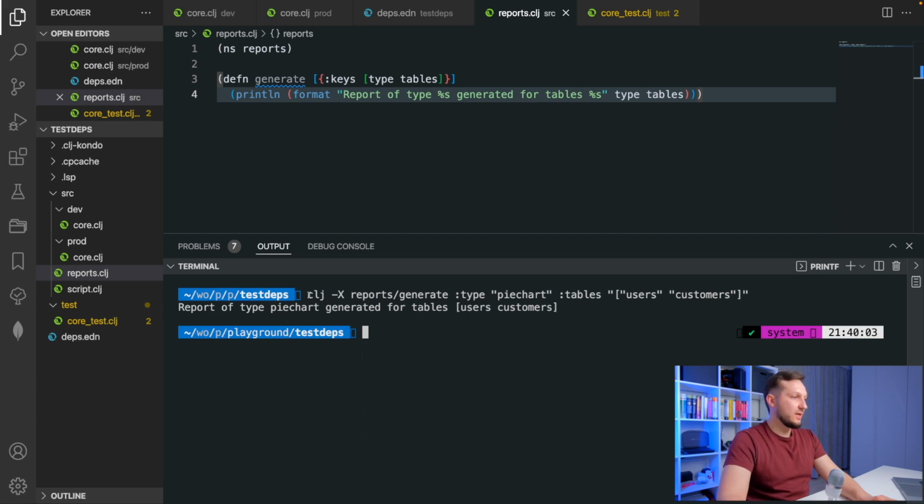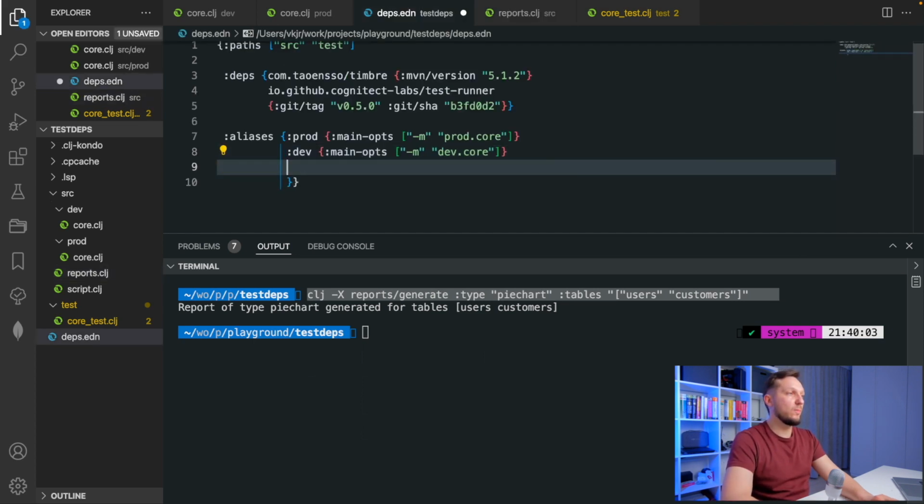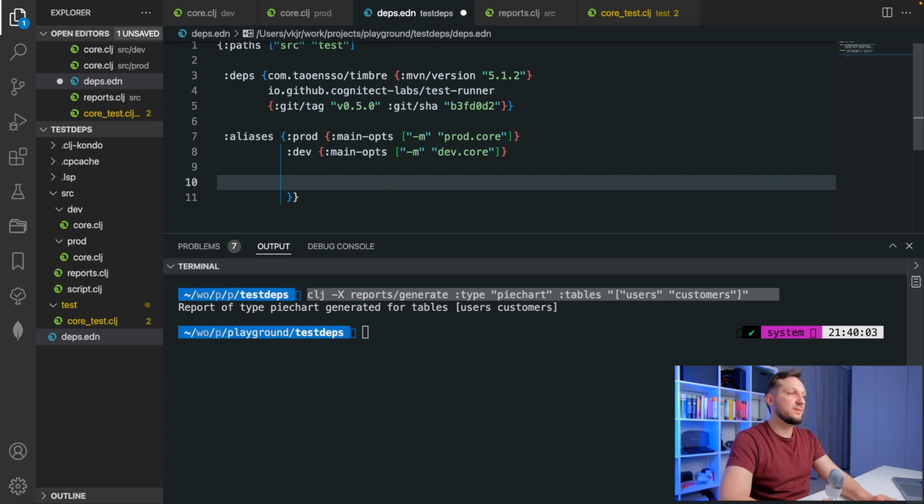But as we can see, the typing of this command is pretty tedious. So let's create an alias. Aliases for -x option of CLI depend on different predefined keys. They don't use main-opts. So let it be generate-pie-chart. This is the name of our new alias. And the first